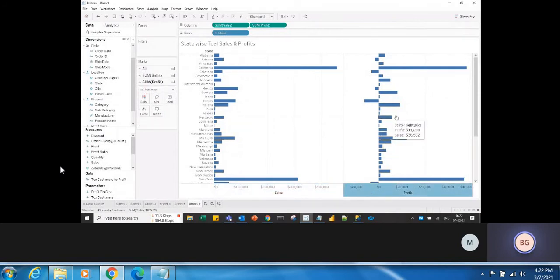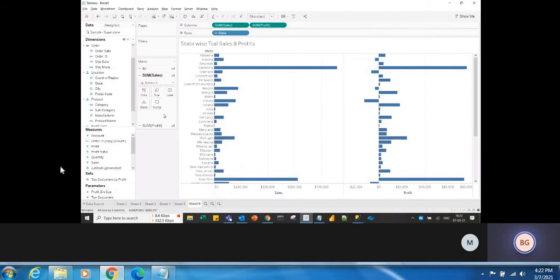All right, but I want sales to be shown in bar chart and profit should be shown in maybe line chart. I want to combine two different charts. I don't want to show both as bar chart. So how to do that? So whatever you want to change, you have to choose that mask card. So go to the sum of sales. So what is the sales you want to show it as? Bar chart. So it has taken bar chart, leave it as is.